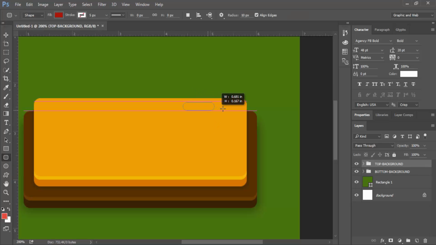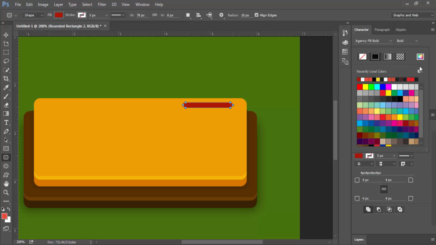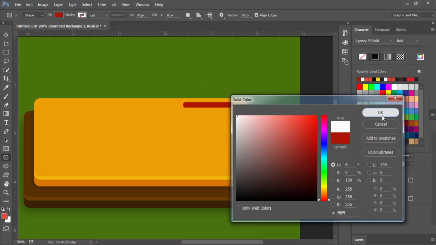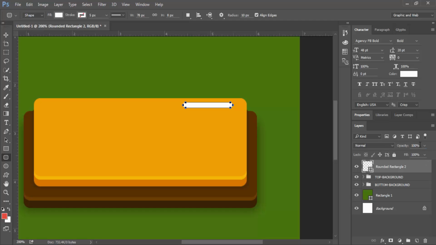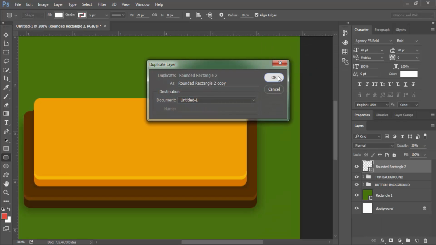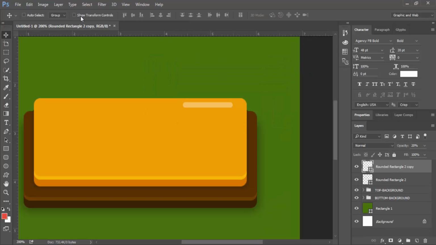Draw here and change it to white and set the opacity to 12. Duplicate it, go to the move tool and resize it using the show transform controls and move it to the right.